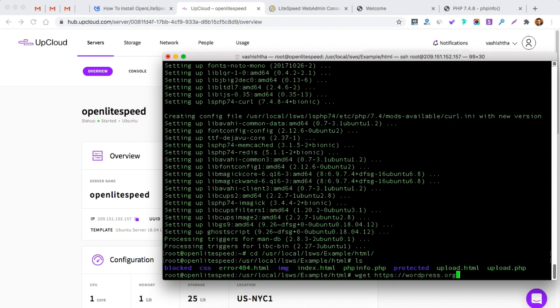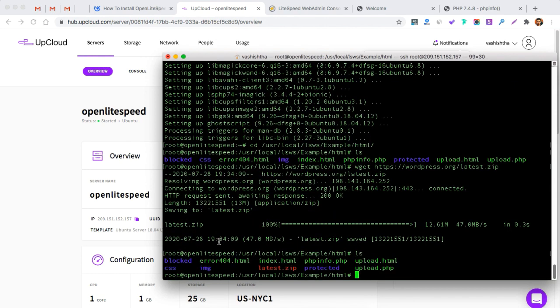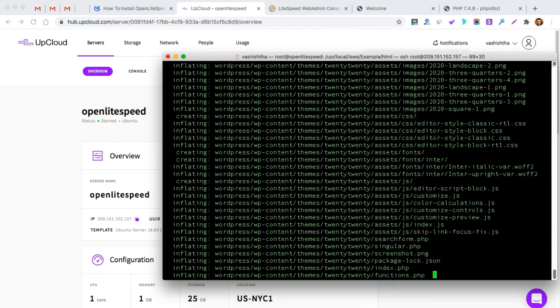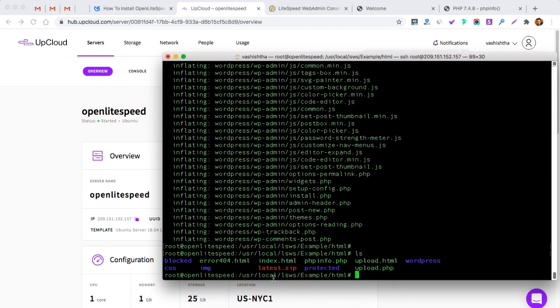So here I will just wget the WordPress latest.zip. As you can see, the file is downloaded here now. What next? I will just go ahead and unzip this. We already installed the unzip command, so we didn't need to install that. And now I will remove this latest.zip, as we have already extracted it.